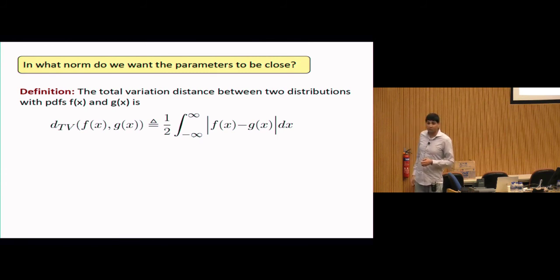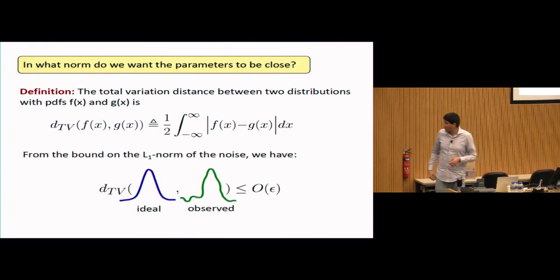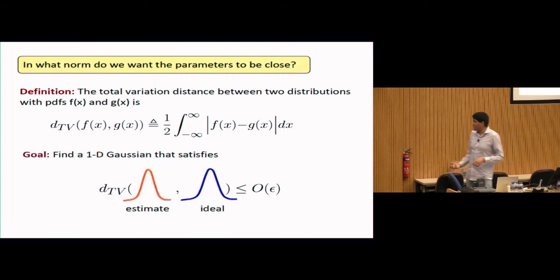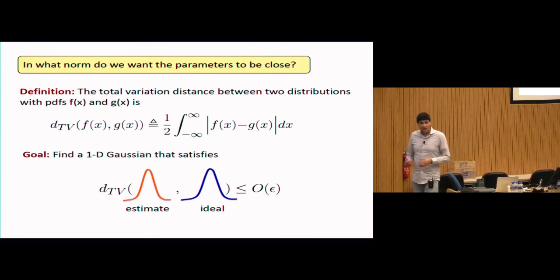You can talk about the total variation distance between two different distributions, just half of their L1 distance. And then the way to think about it is that what the adversary has really done is he's taken some idealized model, some 1D Gaussian, and he's moved it to any other model that's epsilon close in total variation distance, any model he wants. And so if this is the norm we're using to measure closeness of the distributions or to constrain our adversary's power, it's also very natural to use the same norm as what we want our algorithm to be good with respect to.